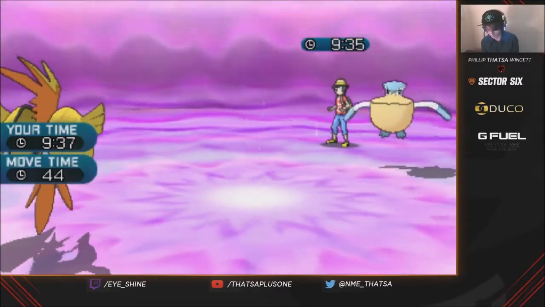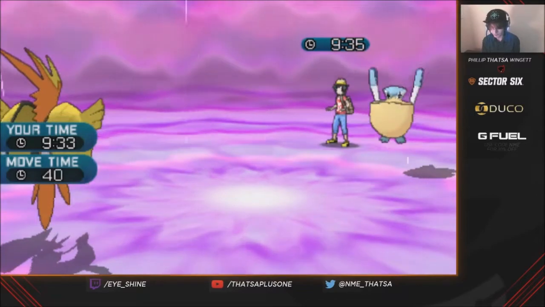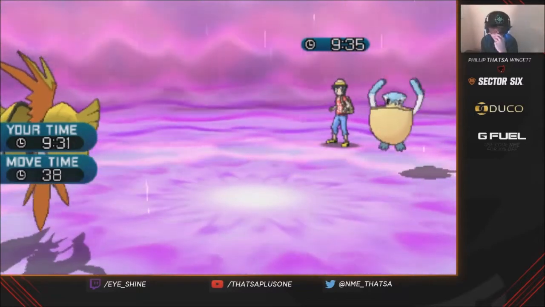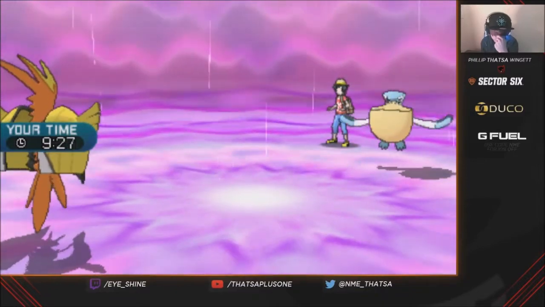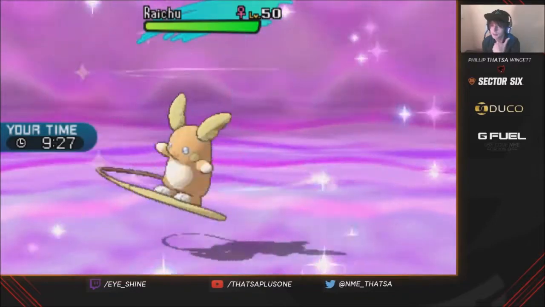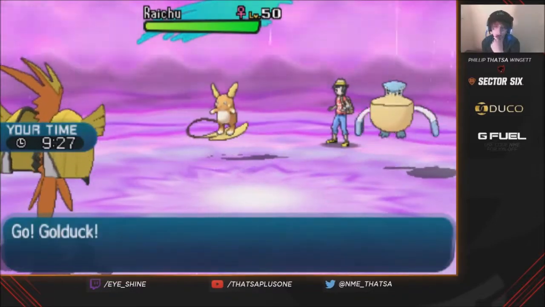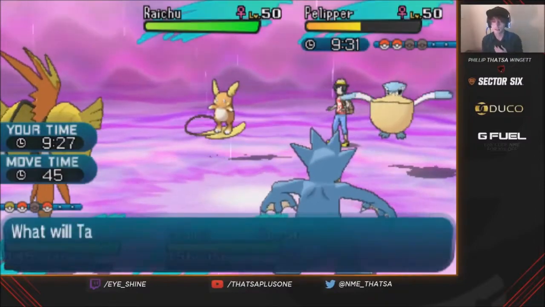What do I want to send out? I got Golduck and Mosa. I'm going to send in... I don't want to send either of those out, really. Golduck's probably better. Yeah. Mosa is decent, but it's raining, so if you were to send in, oh, that's fine. I was gonna say if you were to send like Poliwrath, that'd be lame, but it's Raichu. So